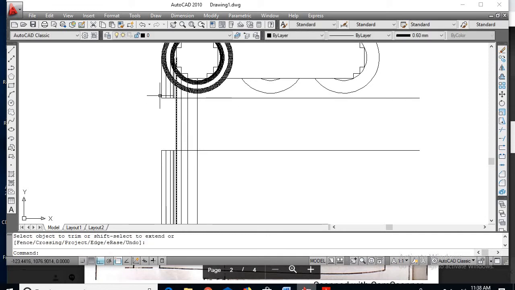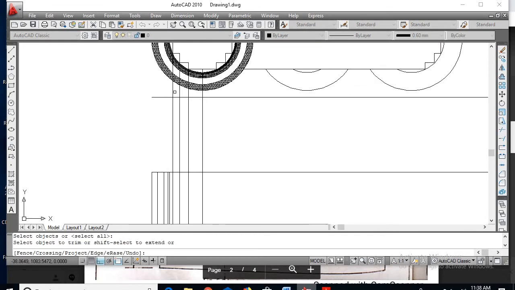Now delete these lines. Go for the trim command, right click, trim the unwanted portions of the lines here.